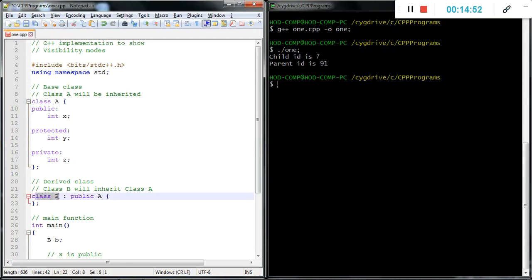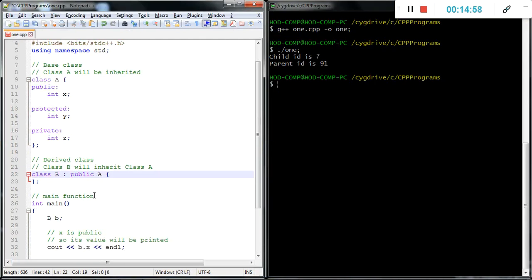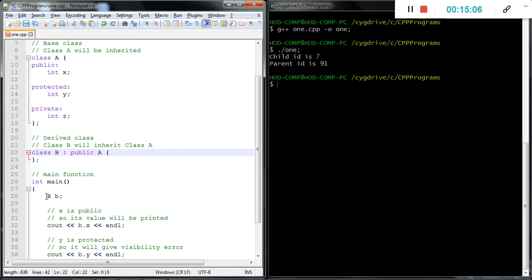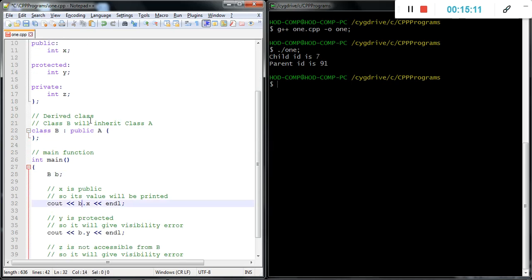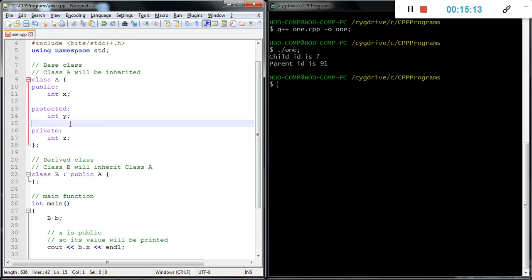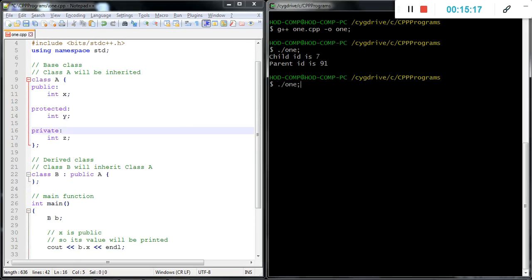Then another derived class B inherits publicly from A. Class B is blank, with an empty body. Then we simply create one object of class B, and we access all the variables, public, protected and private. Then we will see what the output will be.